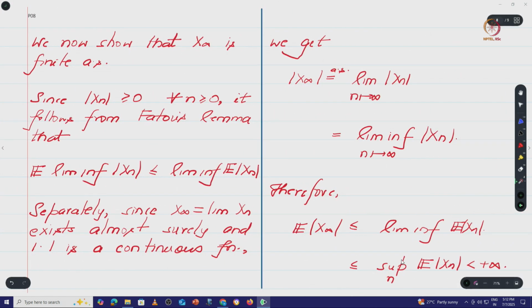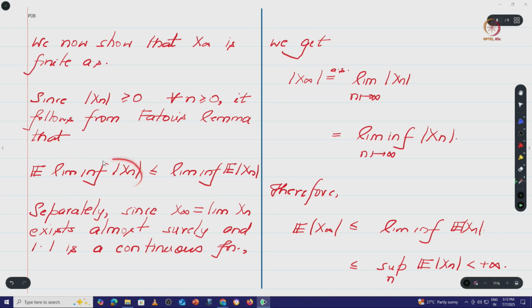Alright. Okay. So now what remains to show is that this x infinity is a finite random variable, and it takes a finite value almost surely. Is this okay? So how can we invoke Fatou's lemma? The way to invoke Fatou's lemma is to make use of the fact that your absolute value of xn is greater than or equal to 0 for all n greater than or equal to 0, right. So this 0 over here is playing the role of z,